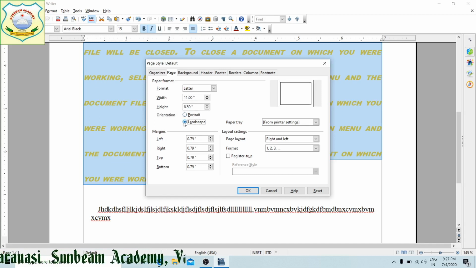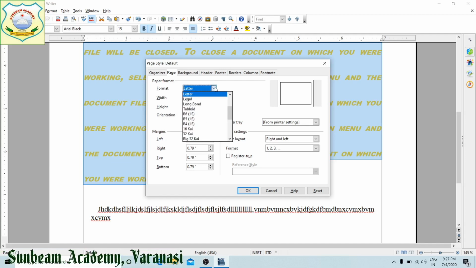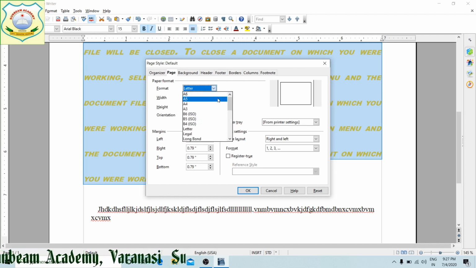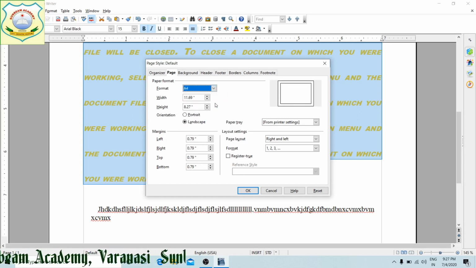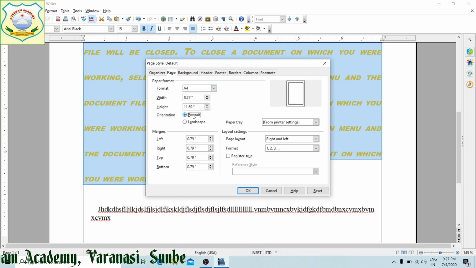Now it has changed: 11 inches is the width and the height is 8.5 inches. By default we have A4 size of page. Now this is portrait. It is showing with the margin of the page. Is it clear? Now after page orientation, we will see header and footer.